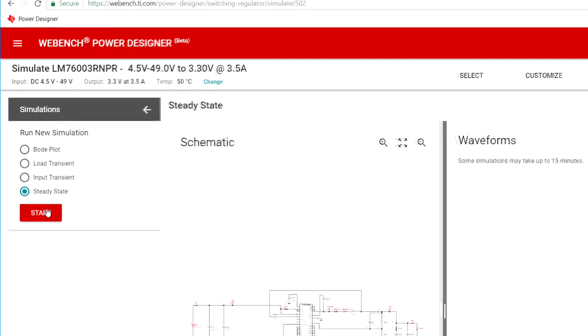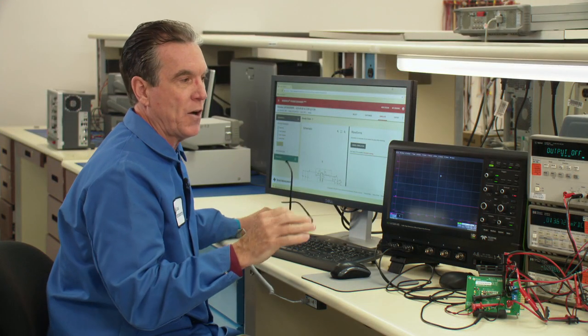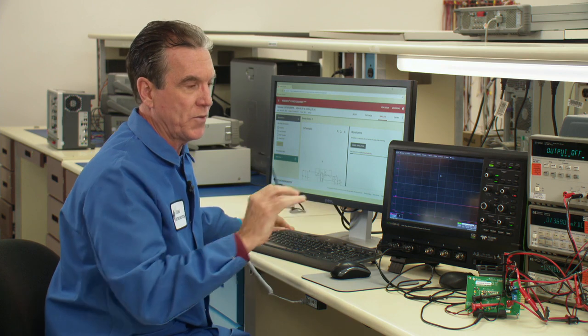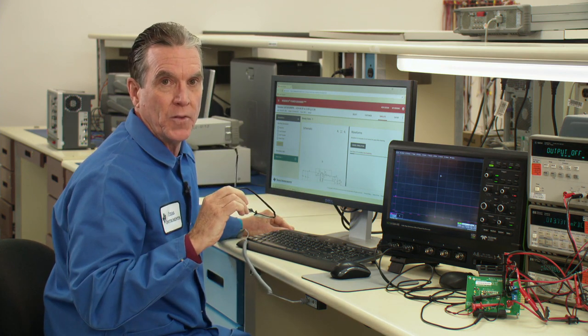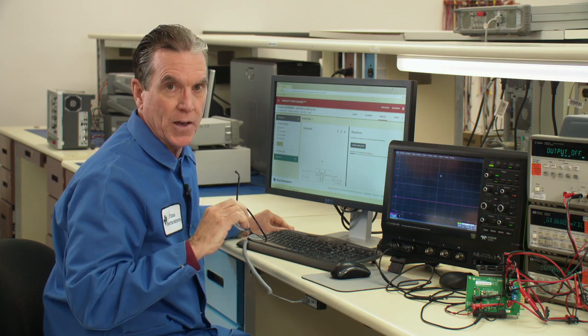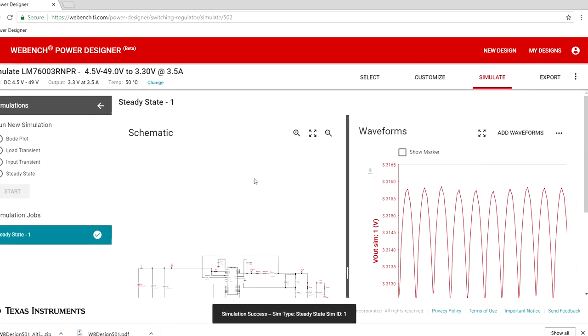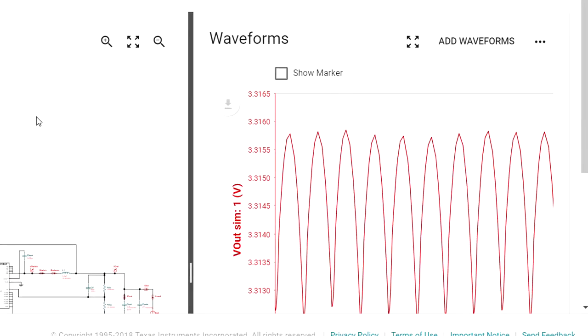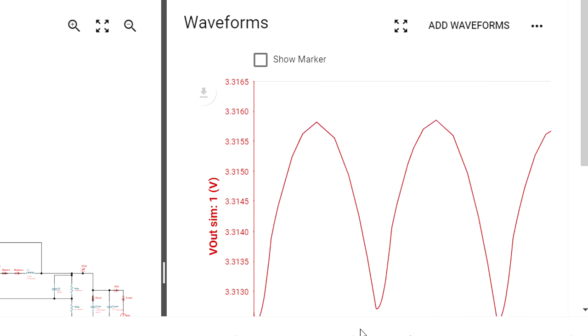So we'll start the design. We'll be using the output of this simulation to compare the output ripple to the actual bench measurement ripple we'll do over here to the right. Also, we'll compare it to the calculated ripple that we looked at earlier, which is in the operating values, and see how they all match up. So the tool draws the output waveform, as you can see on the right side. You can zoom in to the waveform by selecting a region.